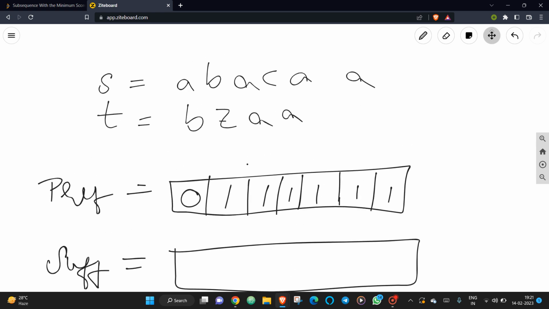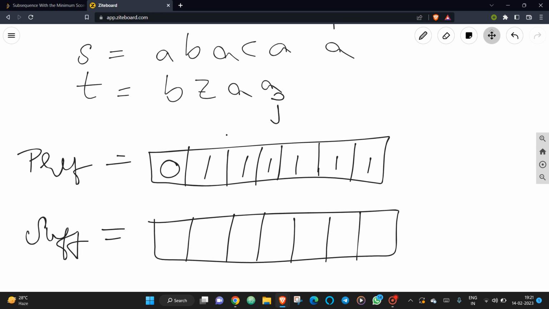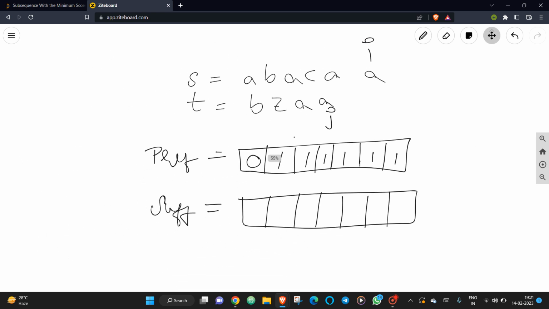you just take an iterator i on s and j on t. Since it is a suffix, you need to come from the end of the string, right? From the end of the string. Now your suffix array will be constructed. See, since here both the characters are matching, you'll increment your suffix of i from 0 to 1. Now you increment both i and j. Sorry, you decrement. Since you're coming from the end of the string,